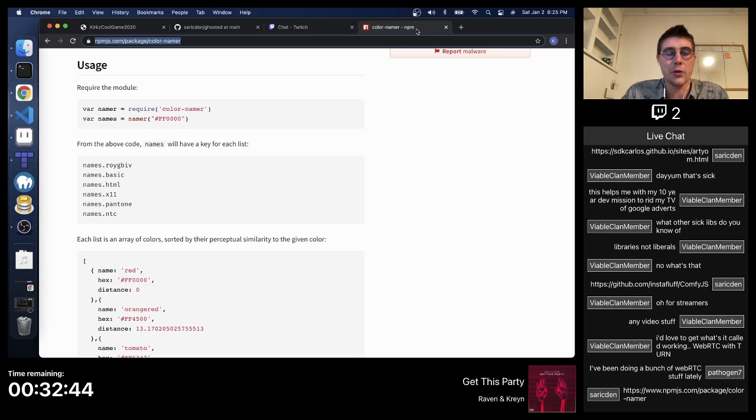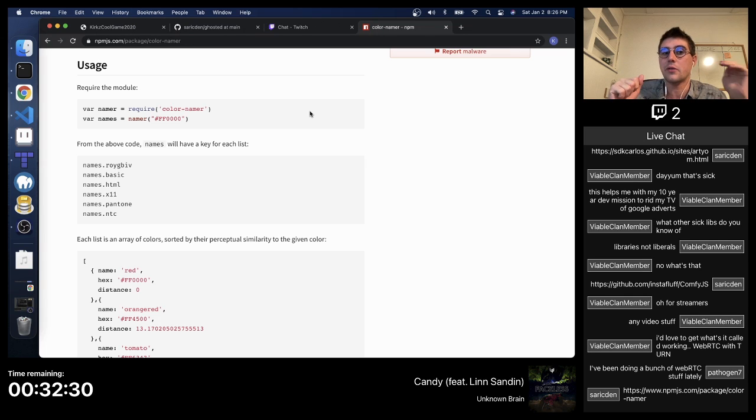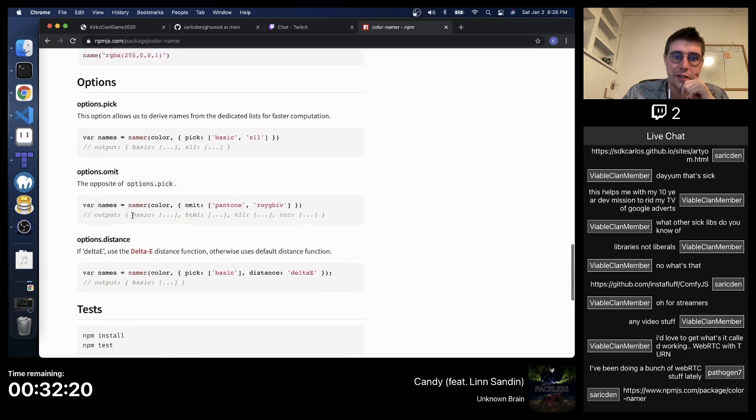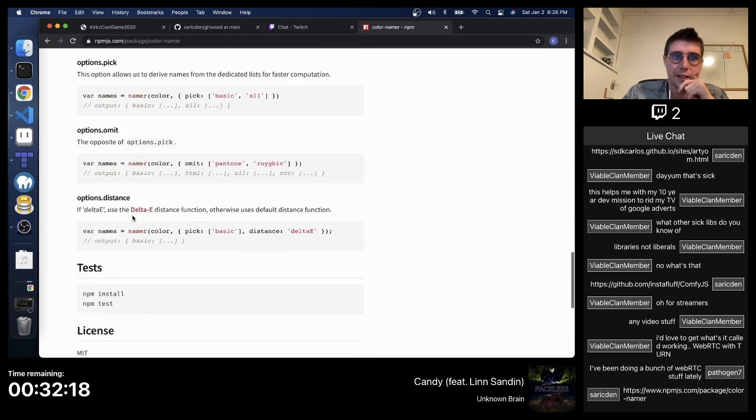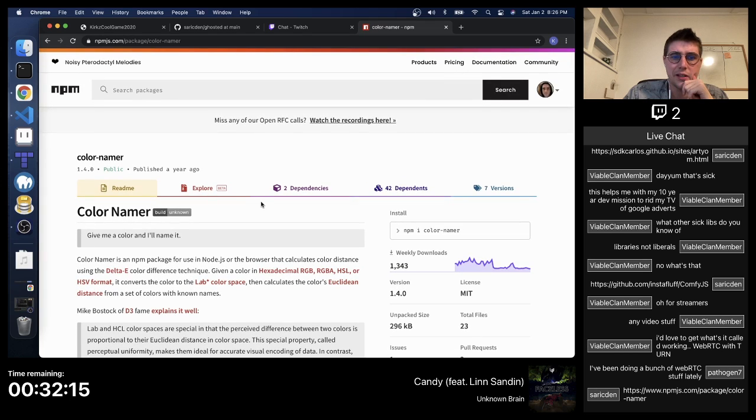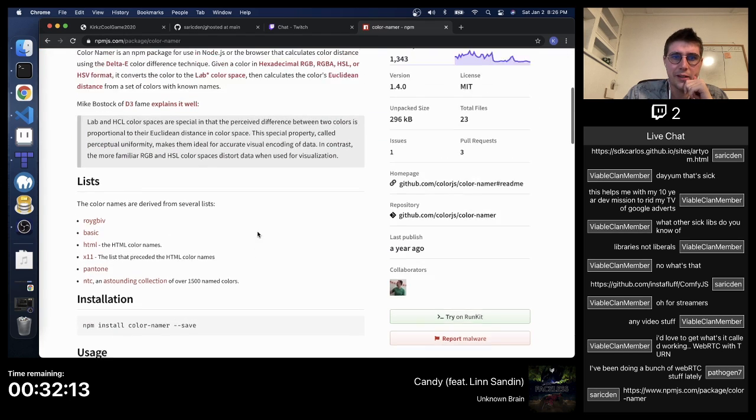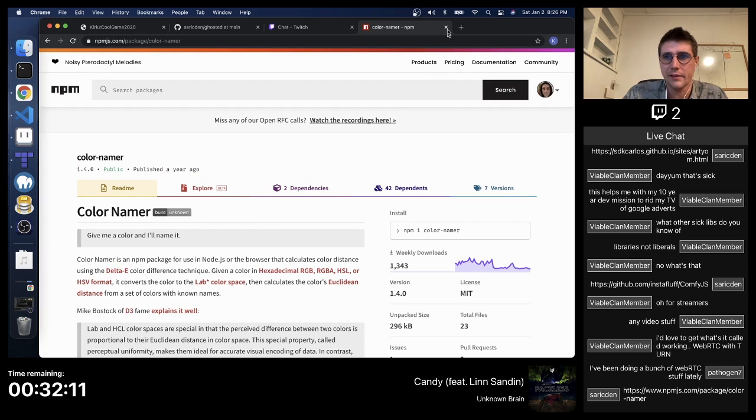That's my last cool package of the night, the Color Namer. It gives you names for colors, and it calculates the distance between the color you specify and the color whose name it's using, and it's pretty cool. If you use the NTC property, it has some crazy number of options. It's ridiculous. It's over 1,500 or something. Don't quote me on that, but